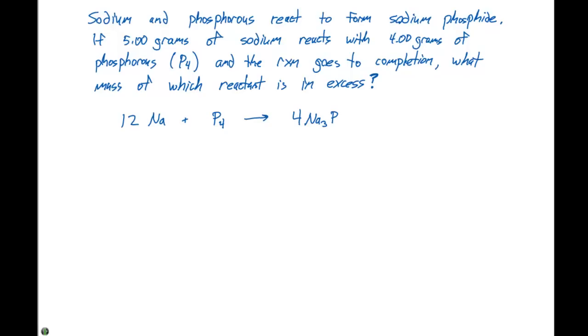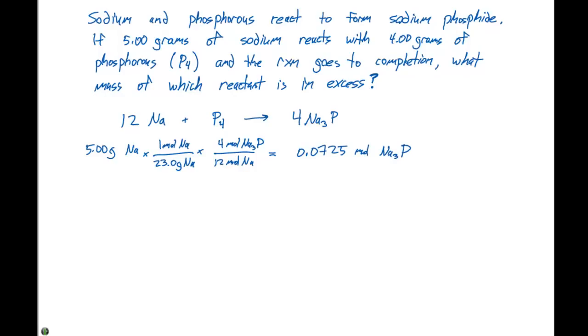We're given the amount of each of the reactants that we have, so now we need to determine the limiting reactant. So we'll first start with 5.00 grams of sodium. We know from the periodic table that there are 23.0 grams of sodium in 1 mole of sodium. In the balanced chemical reaction, there are 12 moles of sodium for every 4 moles of Na3P. This is going to give us 0.0725 moles of Na3P,